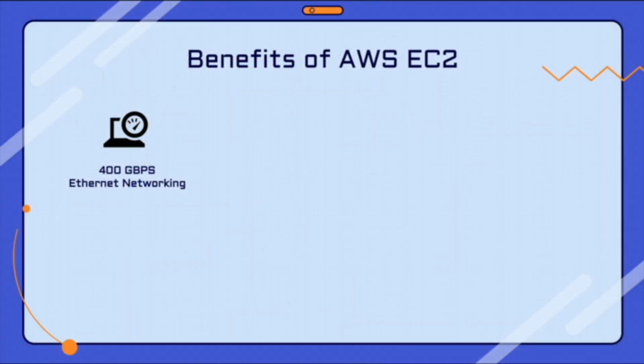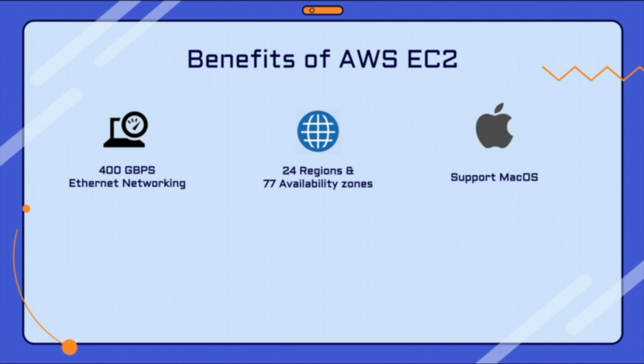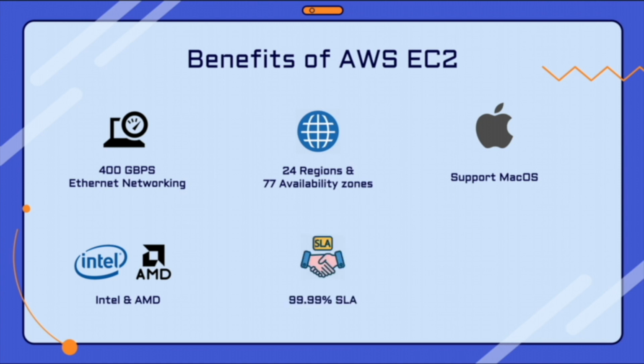Let's see, why should you choose AWS EC2? It offers the fastest Ethernet networking, which is 400 Gbps. The EC2 service is available in 24 regions and 75 availability zones globally. It supports Mac OS, which is not supported by any other public cloud. You can also choose Intel, AMD, and ARM based processors with AWS EC2. It also offers an SLA commitment of 99.99% availability, and it easily integrates with several other services and even third